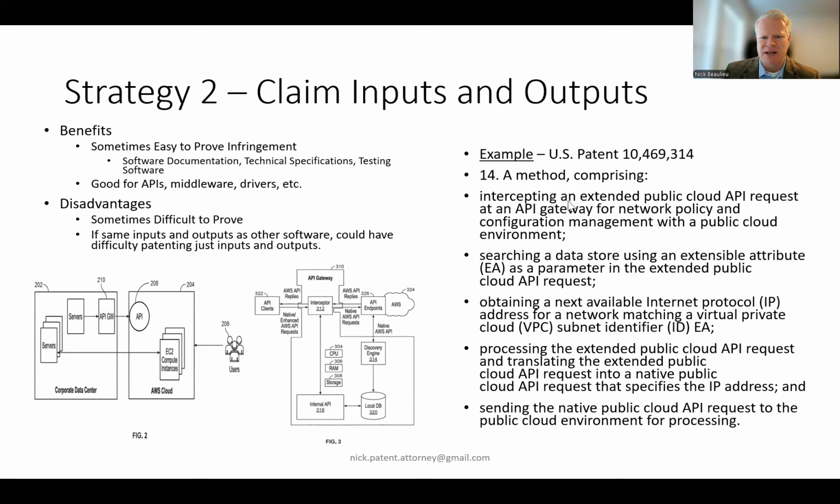So it says a method comprising intercepting an extended public cloud API request at an API gateway for network policy and configuration management with a public cloud environment, searching a data store using an extensible attribute as a parameter in the extended public cloud API request, obtaining a next available IP address for a network matching a virtual private cloud subnet identifier, processing the extended cloud API request, and translating the extended public cloud API request into a native public cloud API request that specifies an IP address, and sending the native public cloud API request to the public cloud